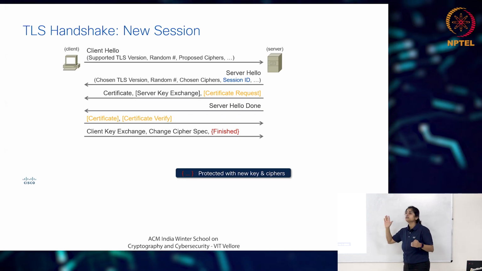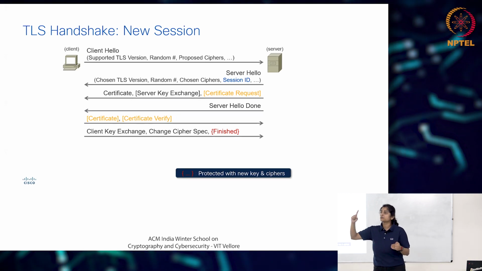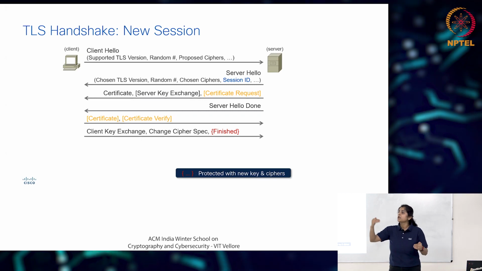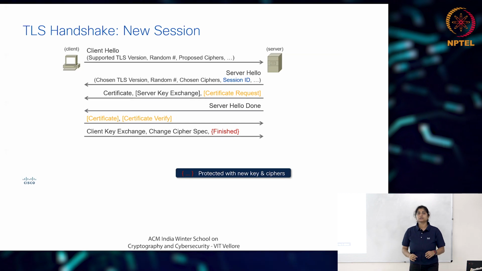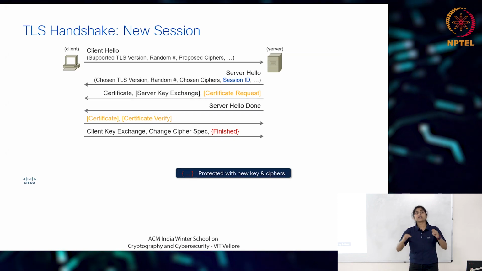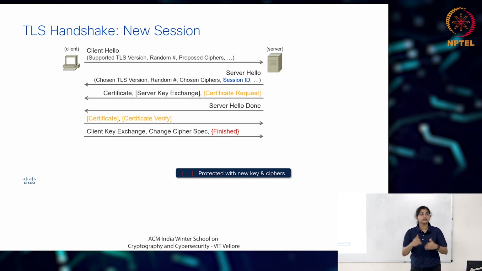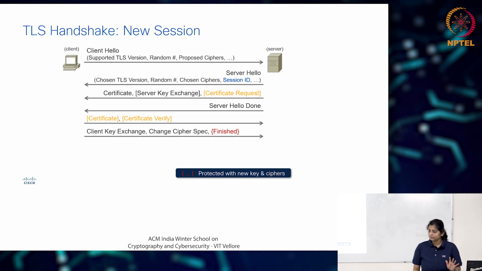When we send the change cipher spec, the first data transmission that happens from the other side, you will be able to decrypt it using those keys. So it can fail if this doesn't match, it can fail after this. Okay?